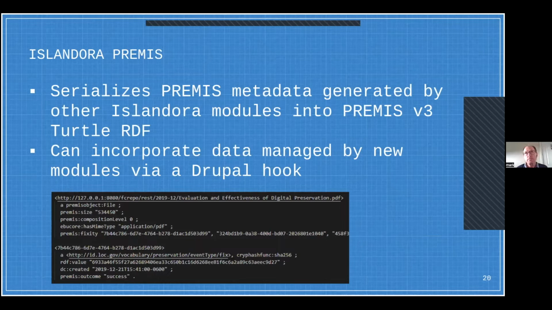So PREMIS is used mainly... PREMIS is not stored internally in Islandora in one place. It brings together on demand all of these bits of metadata and data and serializes them into this output format, this RDF output format. And the reason you would do this is because, as I illustrated in my slide with the 10 years and then the 50 years, as you move between platforms, if it's important to your organization,